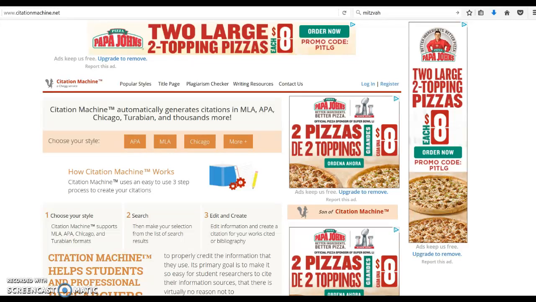Hi everyone, I wanted to introduce you to a resource that I think you're going to love, especially when it comes time to create a works cited page for your papers. This will also be great when you're doing your annotated bibliography. And this is a source that is just invaluable in helping you to correctly format the sources that you find